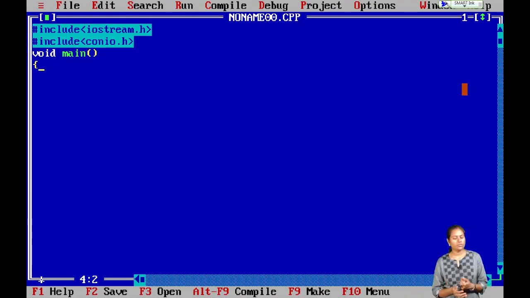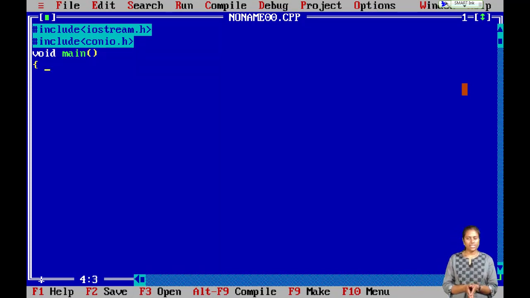In this program, I am going to take two operands and three operators, and check all these three operators on the two operands and produce some output. My requirement is that if I enter any operator apart from the three operators that I have given, the output should be that you have entered a wrong operator. That is what I want as a result of my program, and I am going to write it using the switch case.